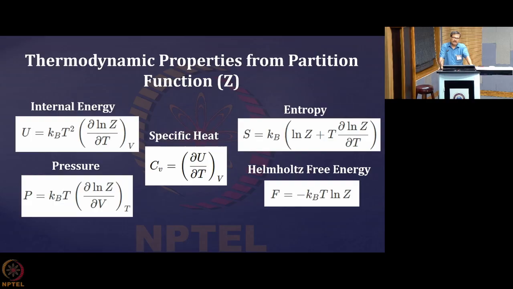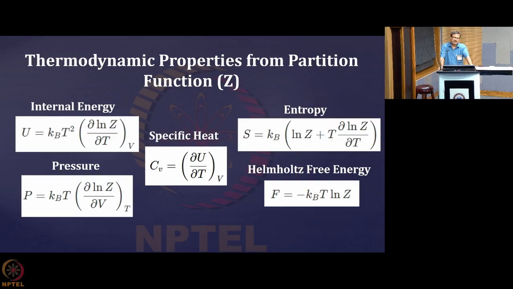Once you know the variation of this partition function as a function of temperature, obviously you can do this. But let me tell you that this behavior of Z as a function of T may not be in closed form. In most cases you will get a relationship of Z as a function of T that does not have any closed form. So if you want to find del T of log of Z, then you need to go for a numerical technique in most cases.